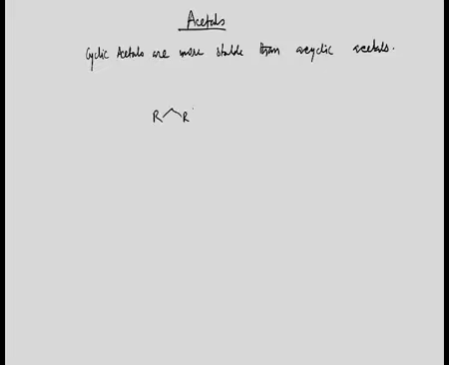And cyclic acetals are more stable than acyclic acetals. Like if you react this ketone with ethylene diol in presence of H plus, this you get. So, this is the cyclic acetal,